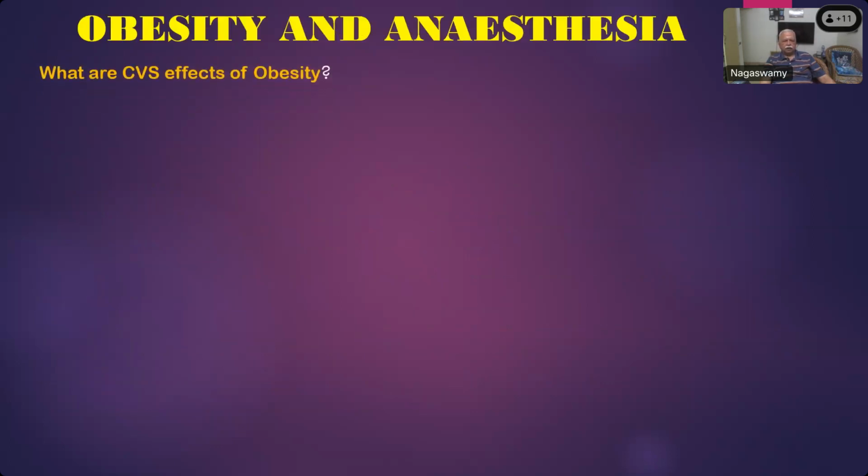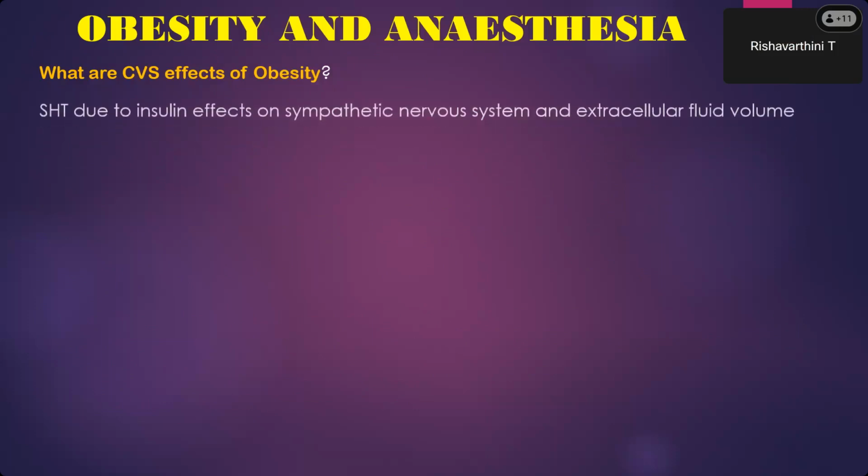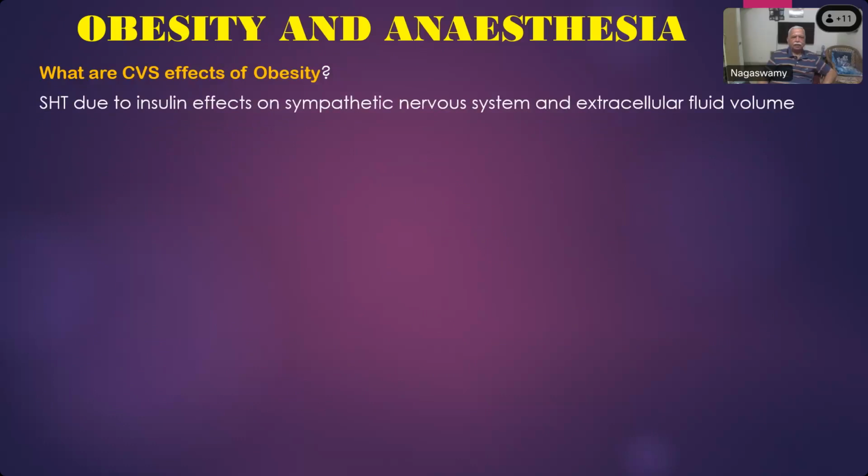Now coming to the CVS, what are all the CVS effects of obesity? What are all the changes that can happen in the cardiovascular system of obese patients? Hypertension. Hypertension, very good. Coronary artery disease. Right ventricular dysfunction. Biventricular failure. Failure also. So systemic hypertension is due to insulin effects on the sympathetic nervous system and also